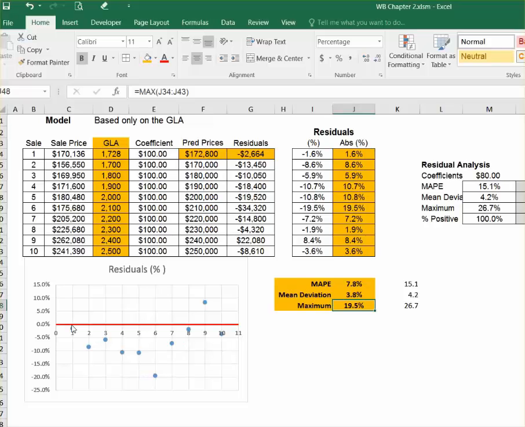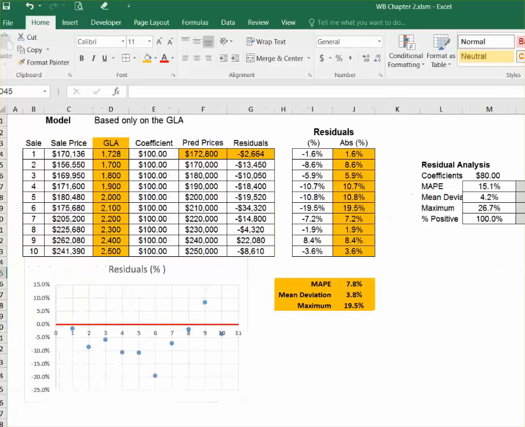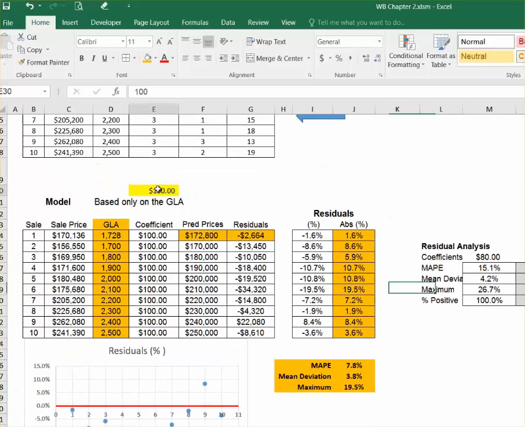All right, now you can see, and I didn't mention it earlier, that when these are all positives it is not good, and when these are all negatives it is not good. It should be kind of a mix. So now I've created a table that I know is in your book. This table is where we ran a residual analysis for the following coefficients: $80, $94, $100, and $120. Now, I didn't put the 94 in, but how we got the 94, of course, was just to go up here and put in 94,